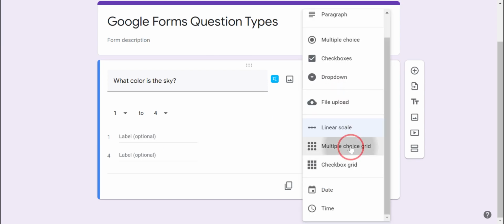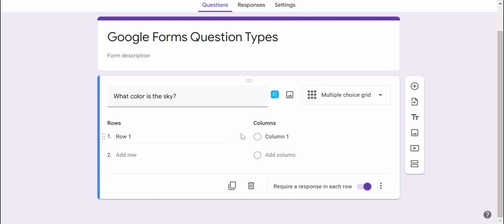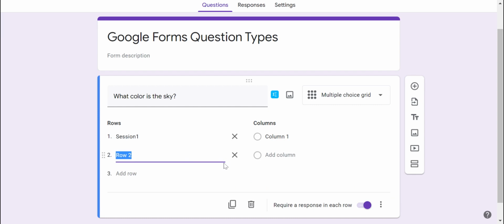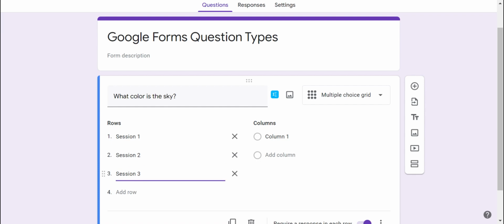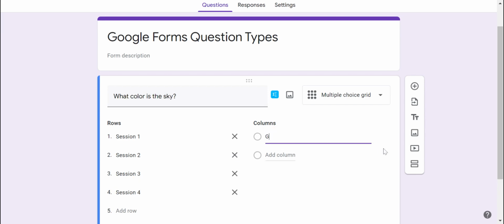The other option is a multiple choice grid. Now, this is a great option if you're wanting to specify and give a little bit more insight or have people evaluate a bunch of different criteria. So typically, the way that I've used this in the past is I've set this up to where they have to have a response in each row. So maybe my first row here is session 1, and we're evaluating sessions from a tech conference. These are the different sessions that they could have attended. And then these are the different